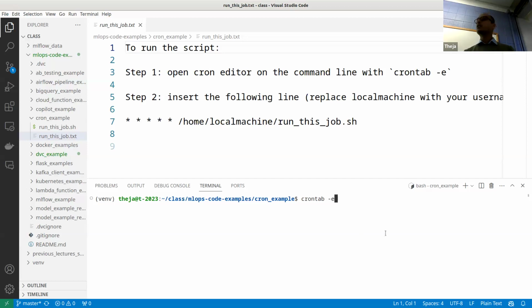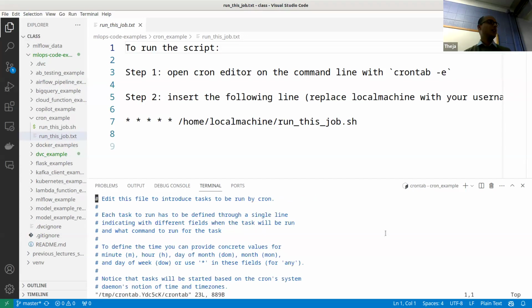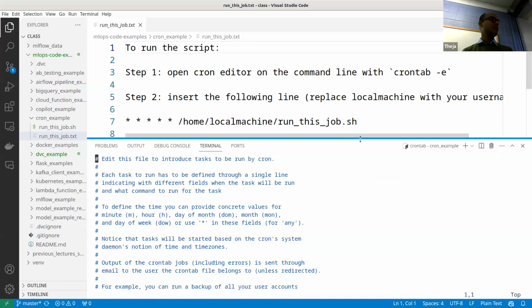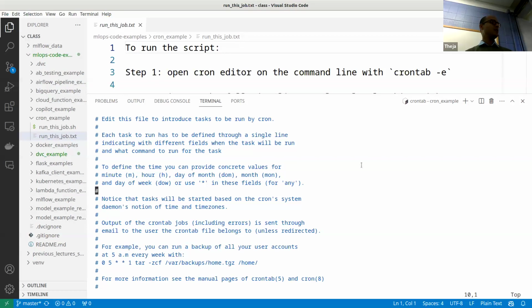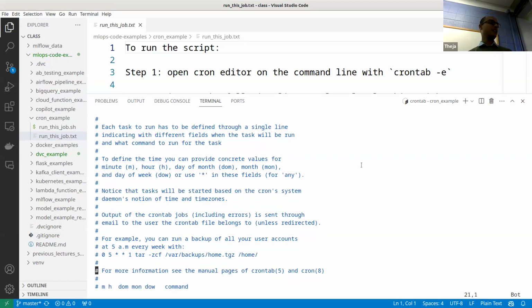So crontab -e just opens a text file, and e stands for editor, so just a text file. Generally, that's the preferred way to open this tool, because of its historical origins. It's a pretty old and mature tool that a lot of folks used historically in this way. So this is just an editor. Okay, so I have my cursor going up and down. That's because the editor is a text-based editor.